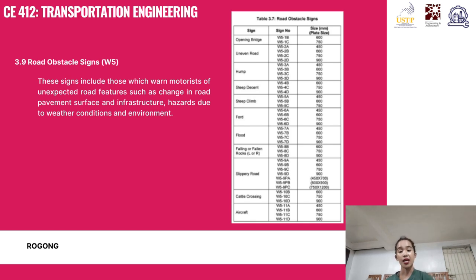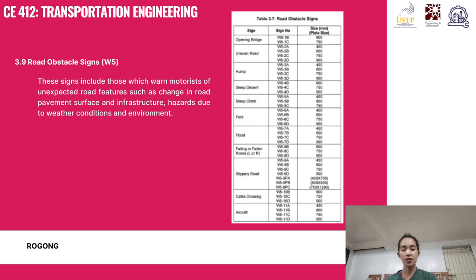For the signs, it describes the type of road obstacle or condition, for example, an uneven road, hump, or steep descent. The sign number is the specific code assigned to each sign, which helps in identification and standardization. The last column is the size in millimeters, the dimensions of the sign plate, indicating how large the sign should be for visibility depending on the